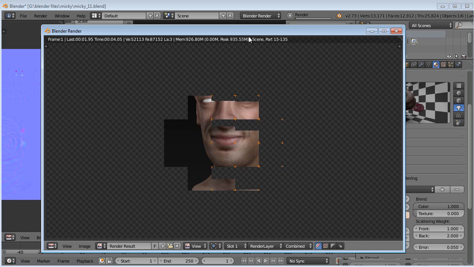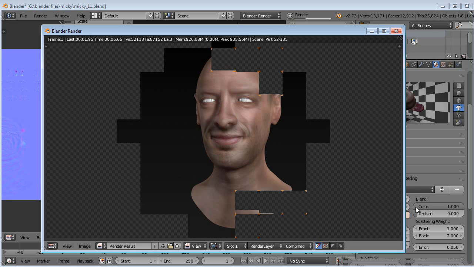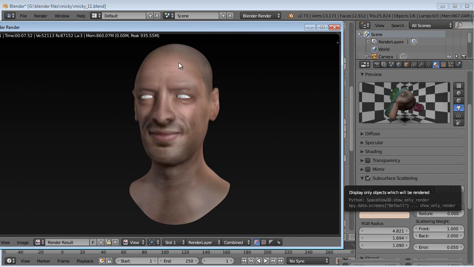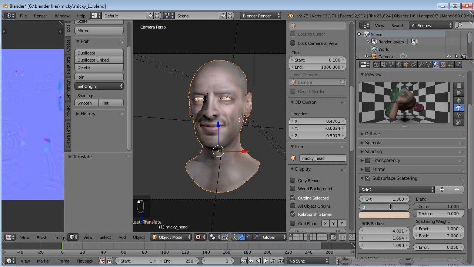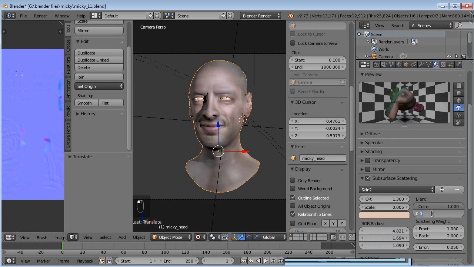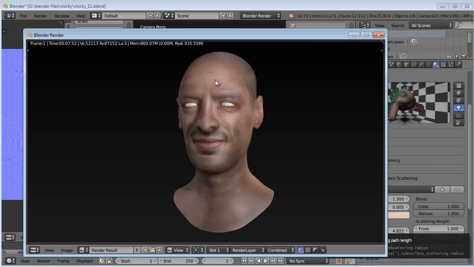You can see already setting the scale down really helped out a lot. Now he still looks a bit waxy, so I'm going to go ahead and knock that down even further. Let's say 0.005, cut that in half, and then if we add our texture to it a little bit, what that does is it kind of blurs the texture, so it blends in with the scattering a little bit better. If we do that all the way to 1, we won't see a lot of that detail that we painted in. So if we do that real quick,